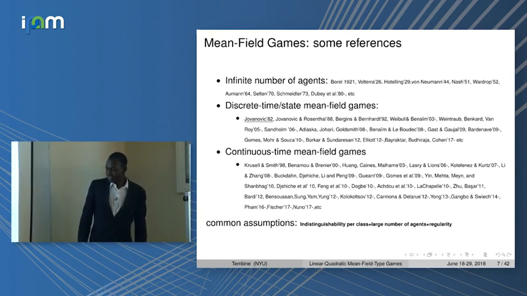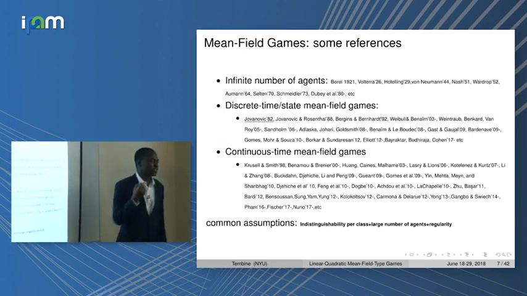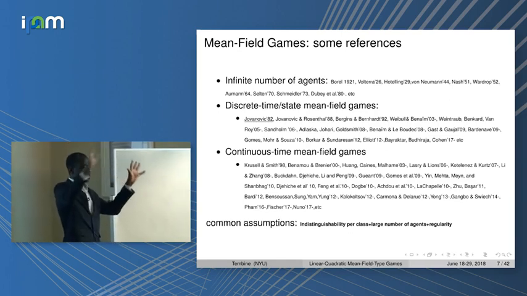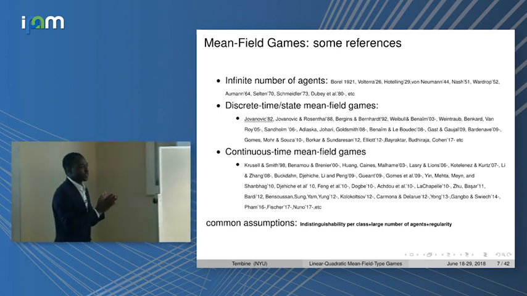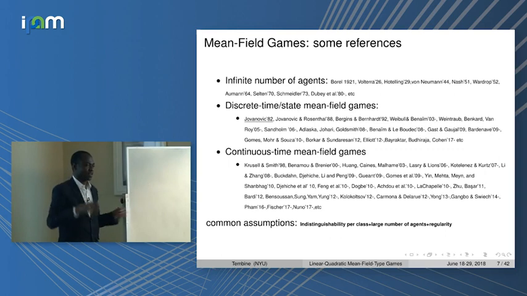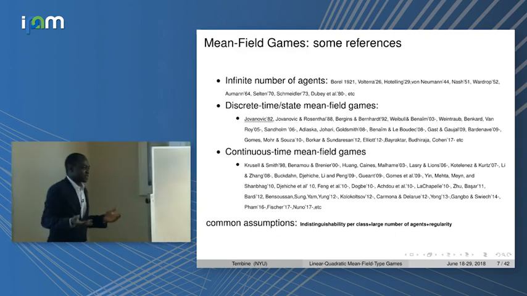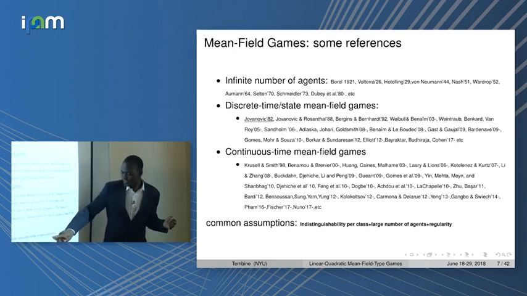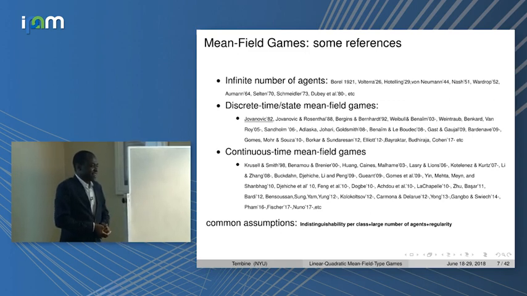And so the common assumption and the key difficulty is indistinguishability. You could relax it, saying that it will be indistinguishable within a class. That's what we call indistinguishability per class. So inside a class, they are indistinguishable, but they are interacting with other classes and so on. Now you can say, okay, I can make an infinite number of classes, and let's be reasonable at some point. And they consider a large number of agents in each class because they want to do mean-field. I have a problem with this in terms of applications, and I'll tell you why.